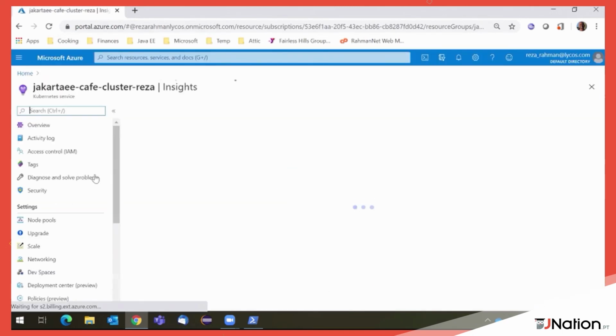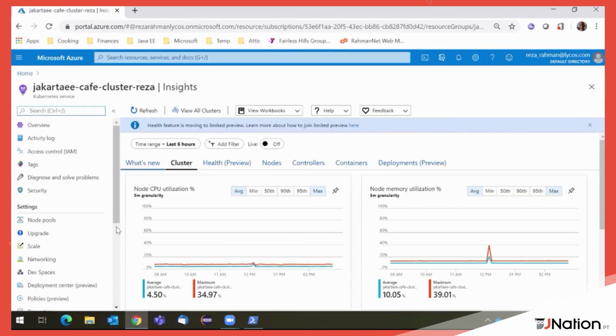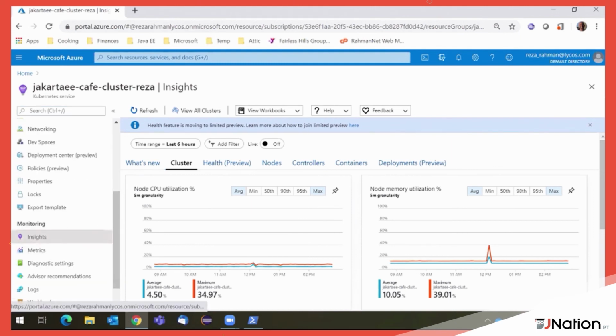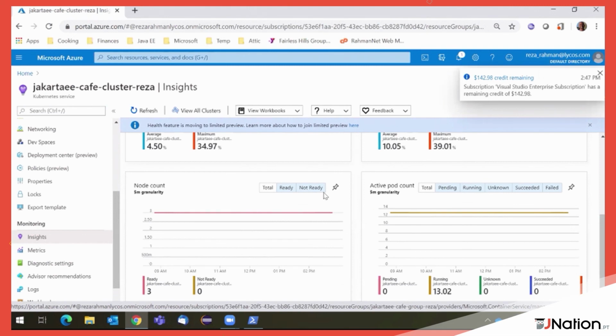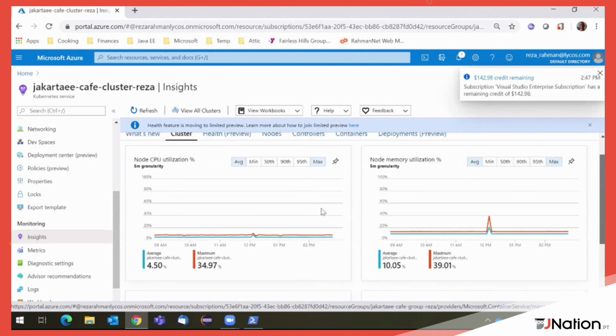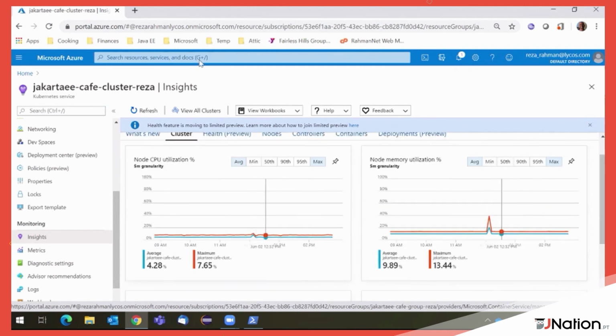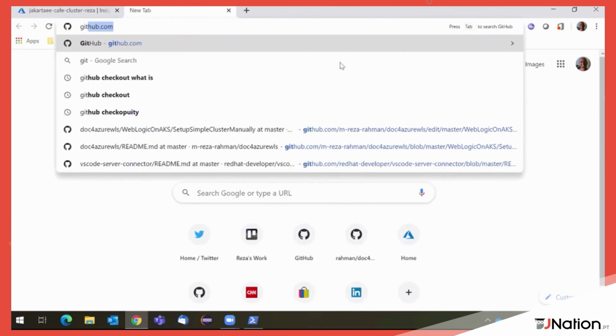Usually there's a little bit of a lag time. The data doesn't show up immediately. Yeah, so it hasn't shown up yet, but it will show up here. We will see that there is a little bit of a memory spike due to that one request that I made. Maybe I'll try that in a second. But going back to my GitHub URL,